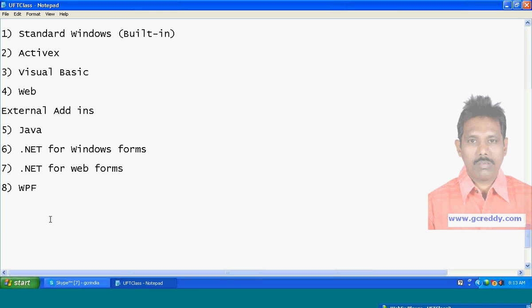It's Windows Presentation Foundation. Good. Windows Presentation Foundation. This is also from Microsoft. Next,